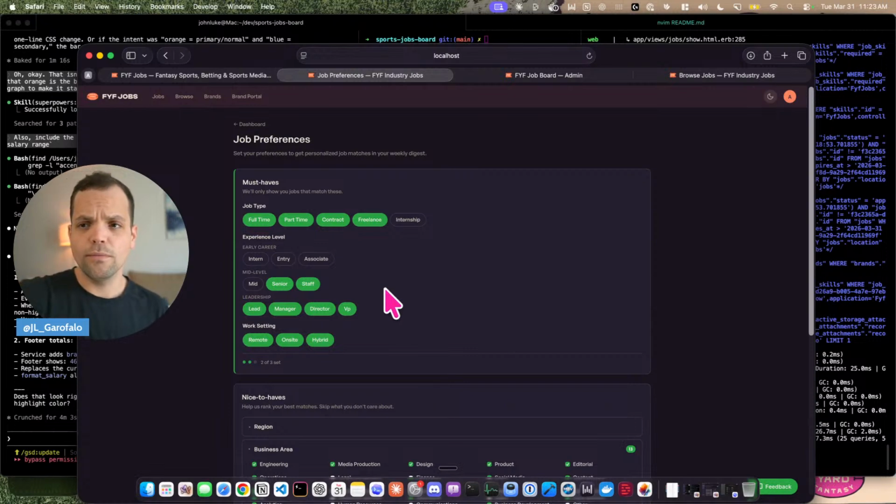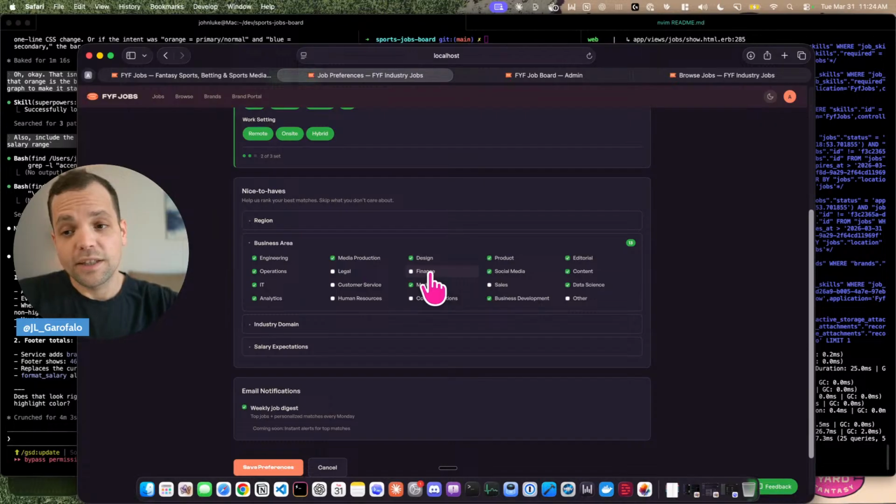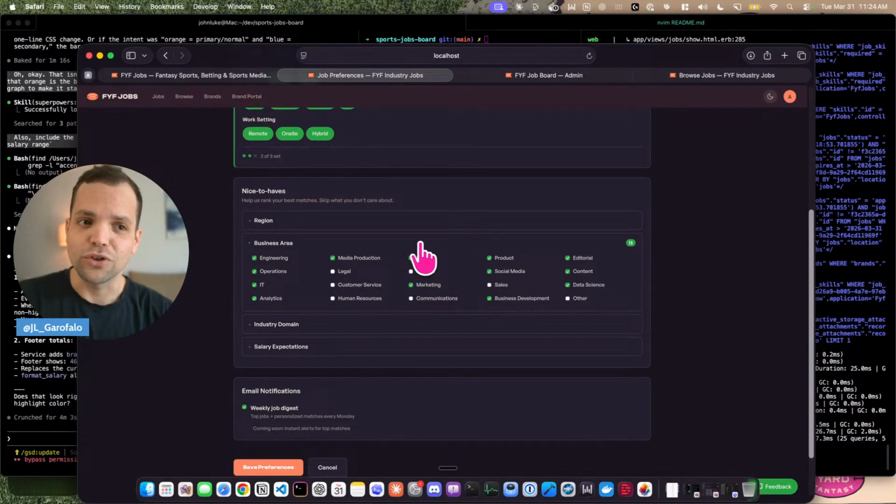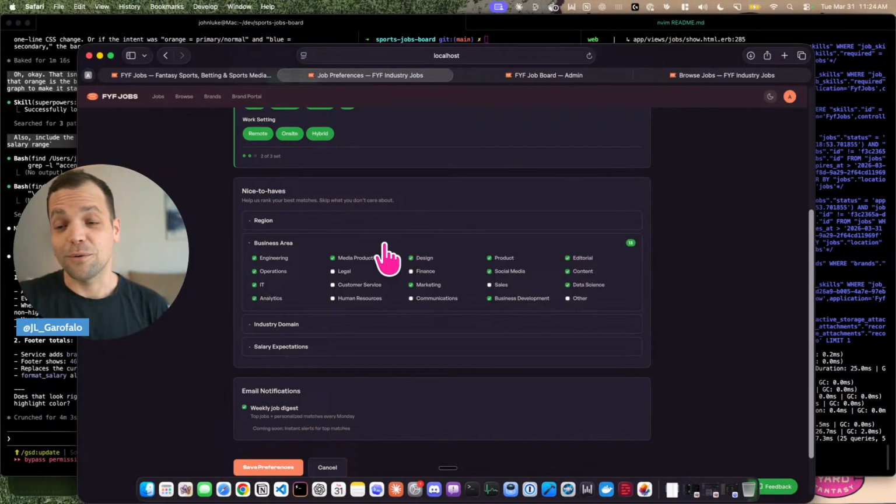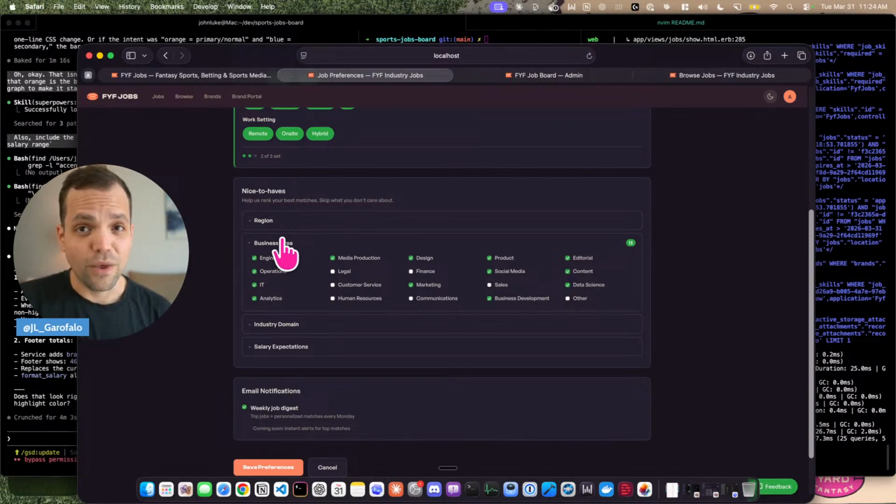The way we've broken up this form is must-haves, and the system is not going to include any jobs that don't match this criteria. Then we broke this up into the second form, which is boosters. The bot called them soft boosters last time. I did not come up with that term; I would have come up with a way cooler name for it, and way less sexual of a name. Soft booster is weird, but essentially that's what it's doing. It's soft boosting the match score, how well this job matches your preferences.